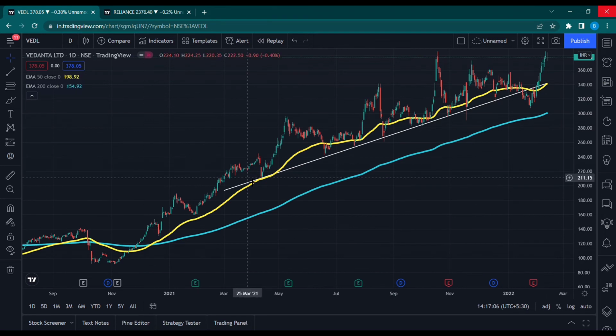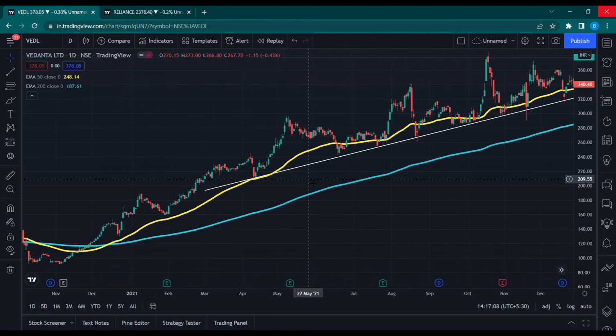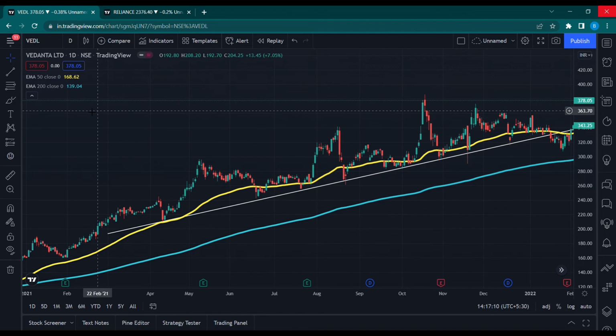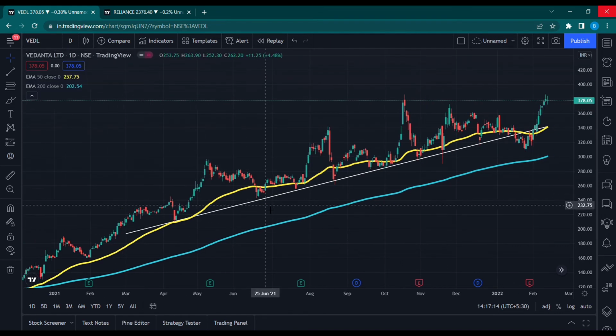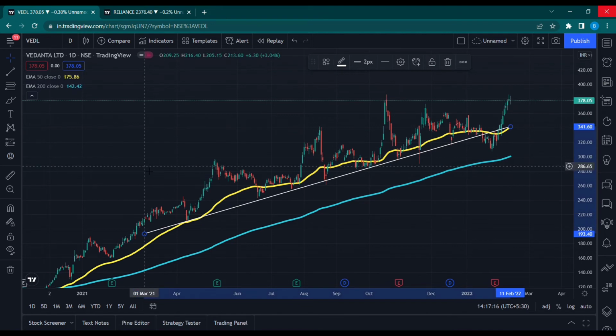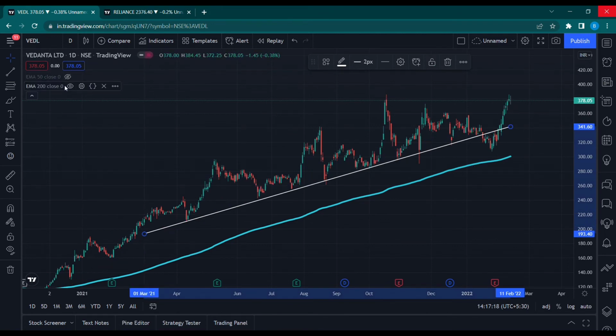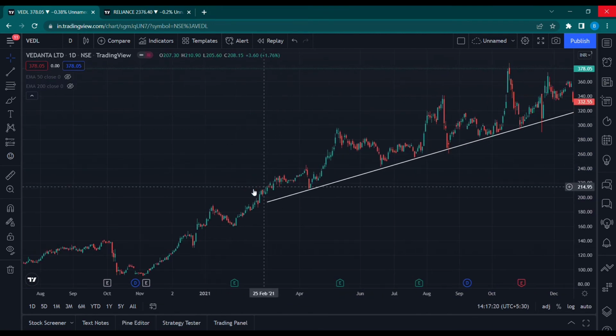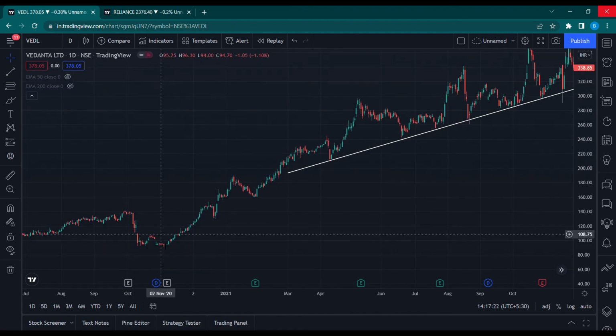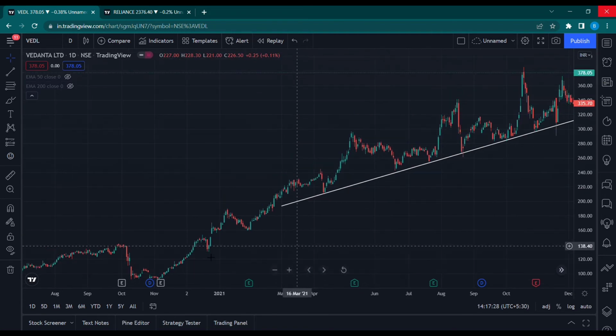Alright, so we'll be learning a basic strategy based on trend, right? So here you see, I have opened up the chart of Vedanta Limited. So what we see here, just have a look. I'll just remove the exponential moving averages for a second. What we see here is prices were on a strong uptrend after breaking this resistance level from around December 2020, right? It was a pretty strong move on the upside, right?